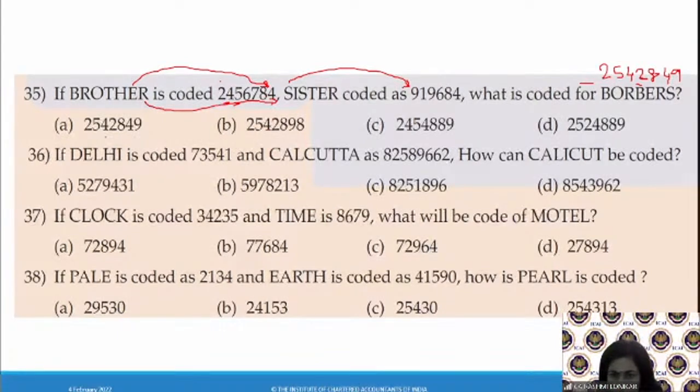2542849. 2542849. So A will be the correct answer. Or if you find this difficult, you can simply write it B